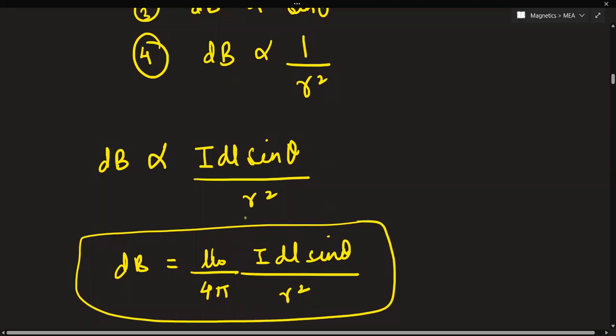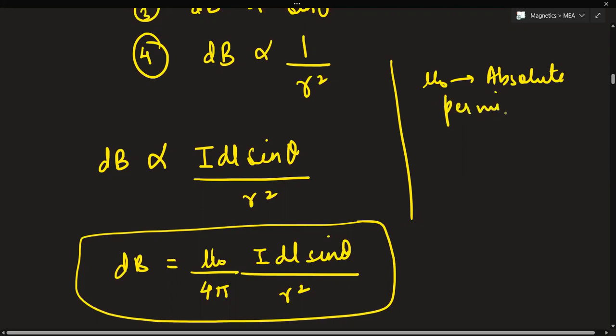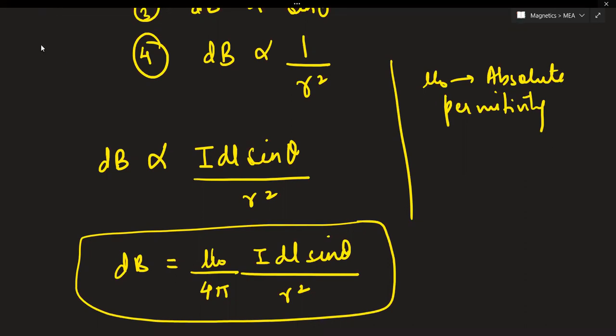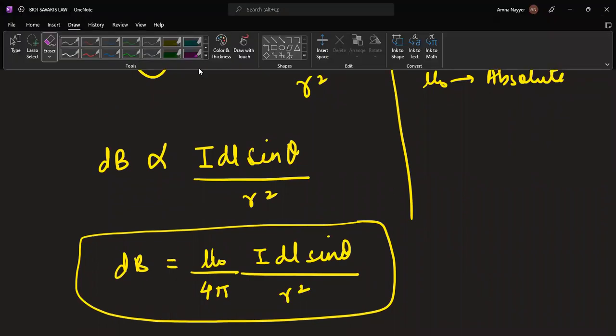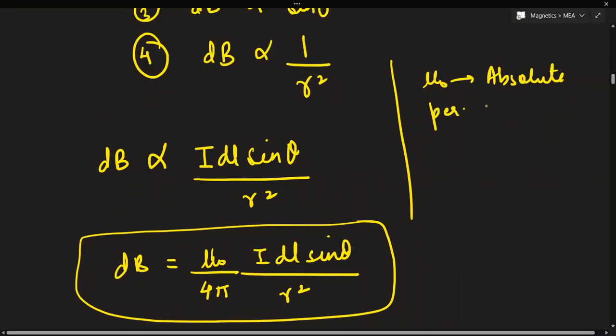Mu naught is different. See, it's not epsilon naught, which is the absolute permittivity of free space. In case of magnetics, it tells the effect of medium on a magnetic field. Let me write down this mu. Here it becomes absolute permeability, sorry, not permittivity. Permittivity was in your electrostatics. Absolute permeability of free space